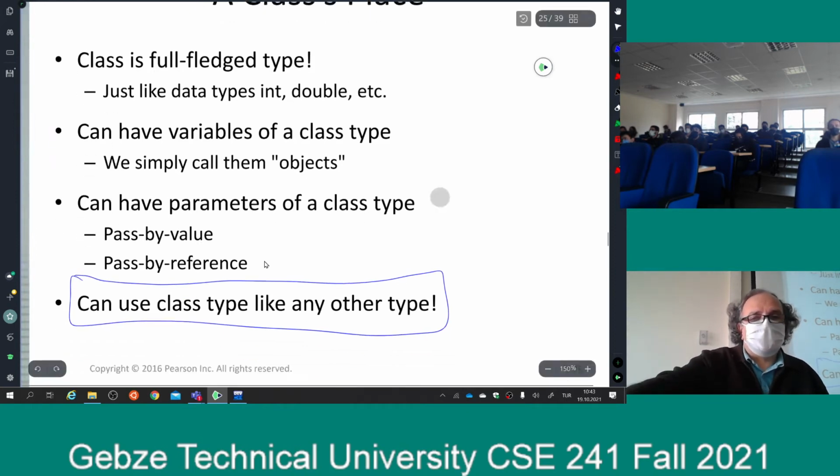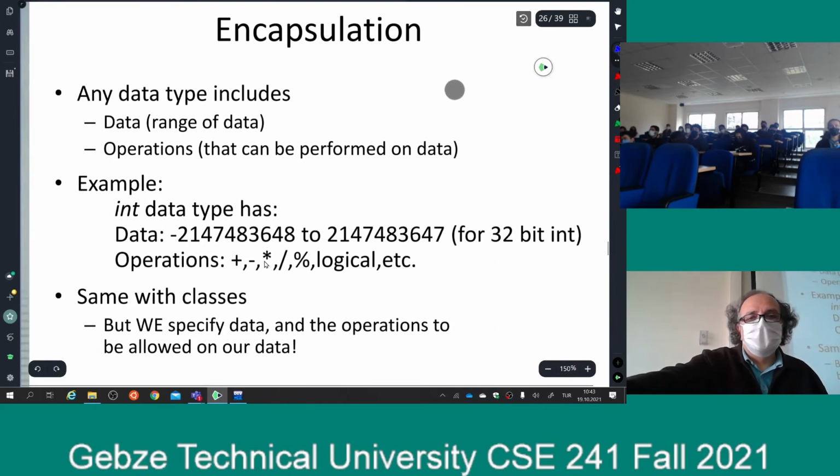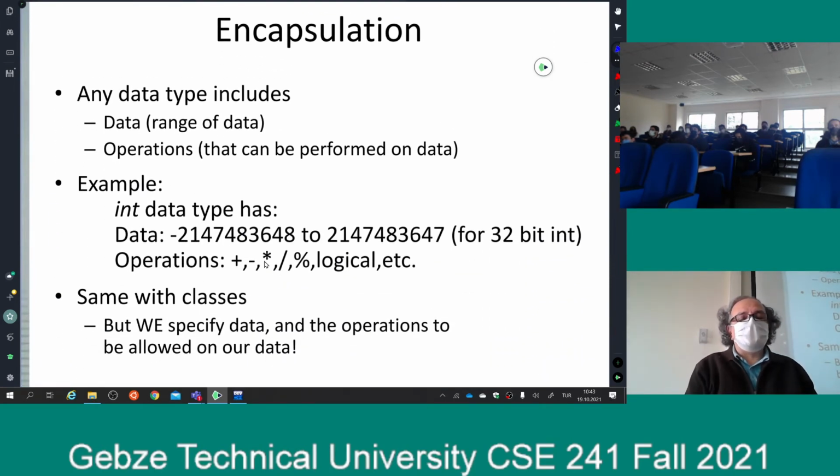Okay, that's the promise of C++. And for this, C++ will ask you to follow some rules. One of them is encapsulation. This is one of the basic principles of object-oriented programming. Don't be scared of this fancy name, encapsulation. It simply means